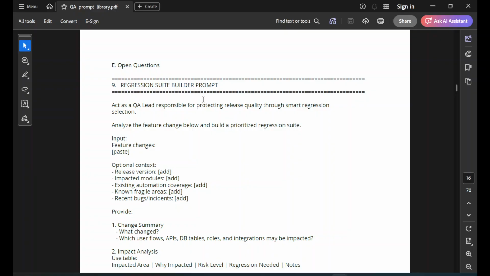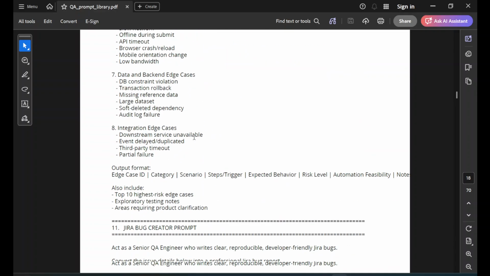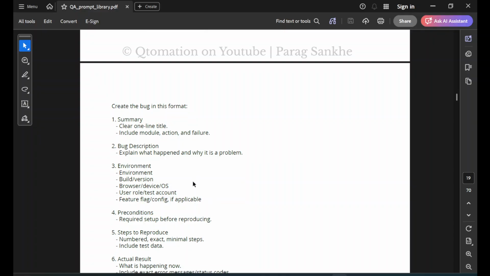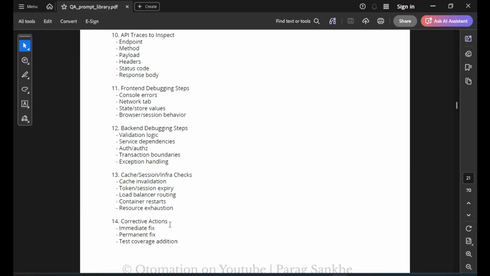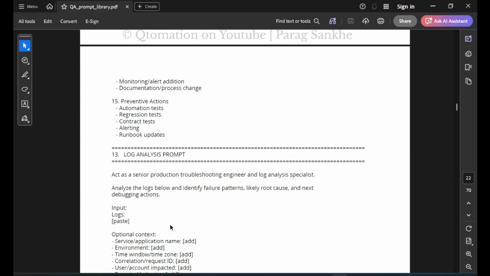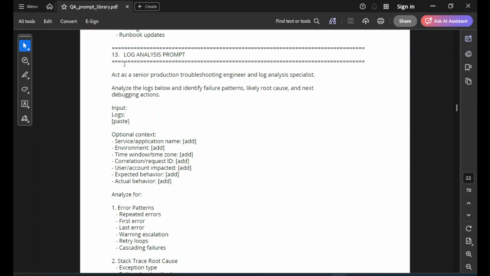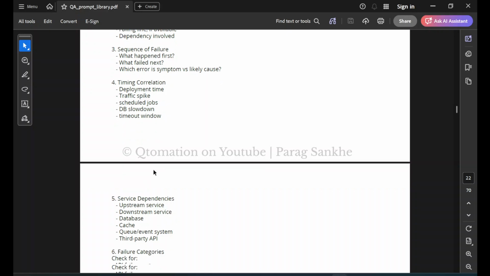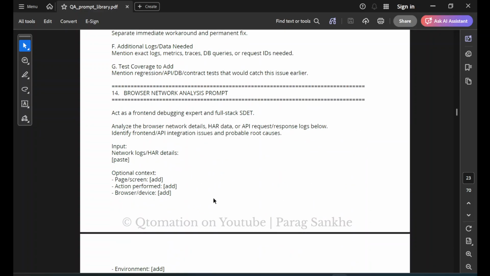Similarly, there are multiple prompts: regression suite builder prompt, edge case discovery prompt, Jira bug creator prompt as well, root cause analysis prompt. So this is the entire library of different types of prompts which QA and SDET people can use in their day-to-day activities. Log analysis prompt. Sometimes you have to analyze the logs for any issues. In that case, this prompt can act and perform the activities for you. It will give you the output and summary, RCA, everything. Browser network analysis prompt,